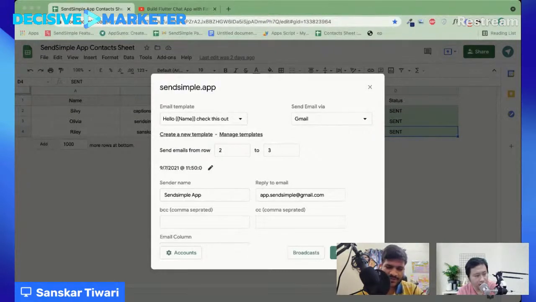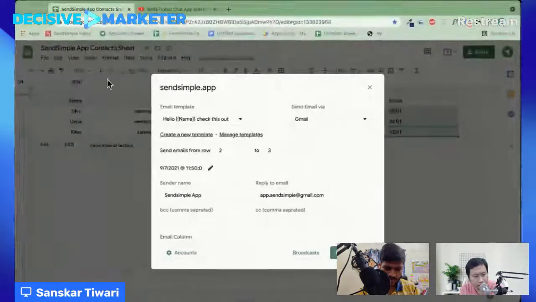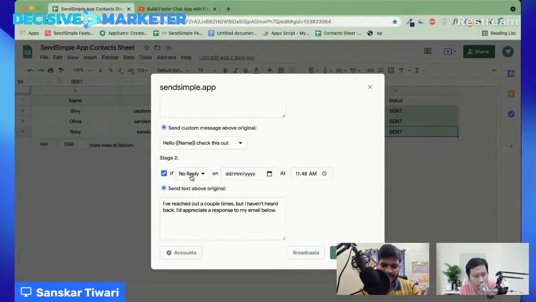Awesome. There was one question in the comments regarding that. There is only a no reply option with auto follow-ups, so we will be adding more to that as well. There are some conditions where you want to follow up when the person has not opened the link or something like that, and we might add one or two over there as well. Those are the features we are currently working on: sending a new email when a new row is added, and adding more options here, so that rather than just no reply, you can also have an option like no link click.